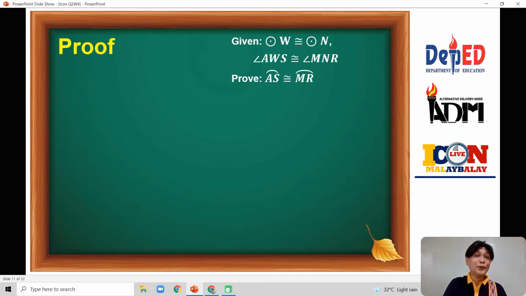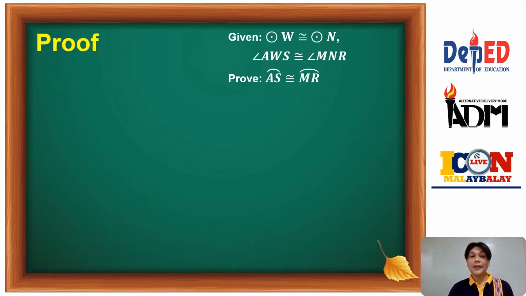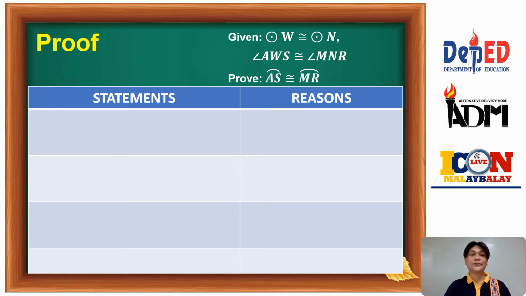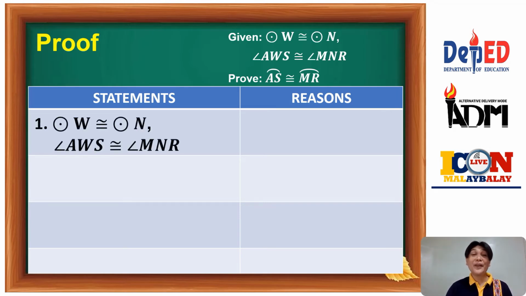Okay, before writing the proof, we are going to put the given on top. So our way of proving whether arc AS is congruent to arc MR, are you ready? What we are using is the two-column proof. For the left side, the statements, and for the right side, the reasons. Let's start now. Our statement number 1 is, of course, what's been written on top,